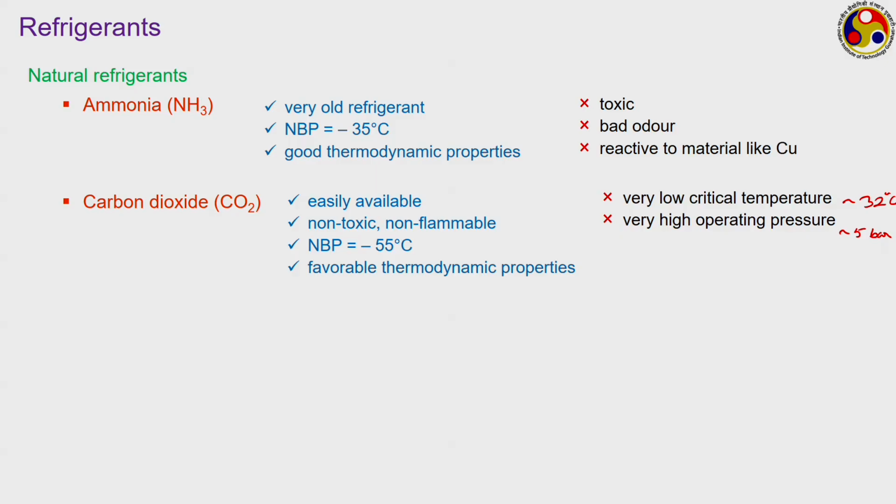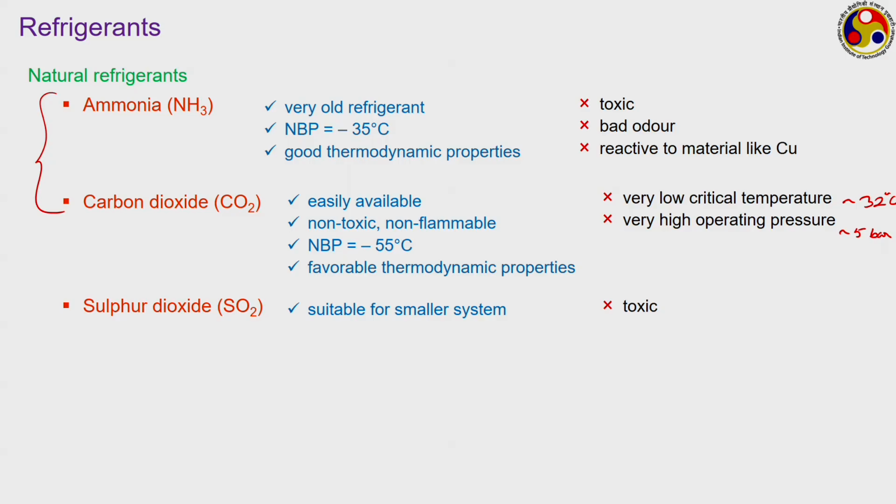But still carbon dioxide is quite useful, and with recent modifications carbon dioxide is increasingly becoming more popular for large scale refrigeration. One issue with both ammonia and carbon dioxide is that their latent heat of evaporation, or enthalpy of evaporation, is quite high, and therefore they are more suitable for large scale systems. Sulfur dioxide on the contrary is something that is more suitable for small scale systems, because it has lesser latent heat of vaporization and therefore gives high mass flow rate. But sulfur dioxide is highly toxic, so it has been used very little